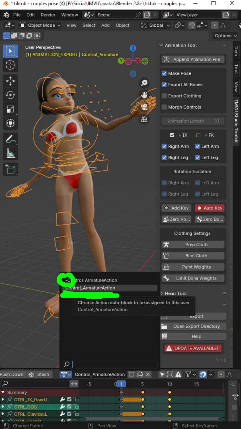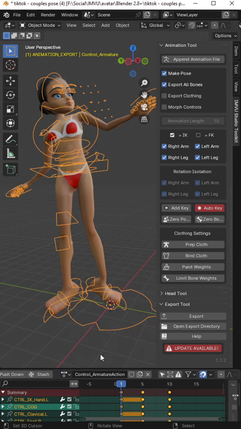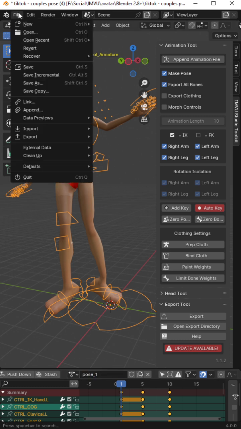So the plain name, select that and rename it. I need to remember if we've done another one. Now pose 1, pose underscore 1. Let's resave